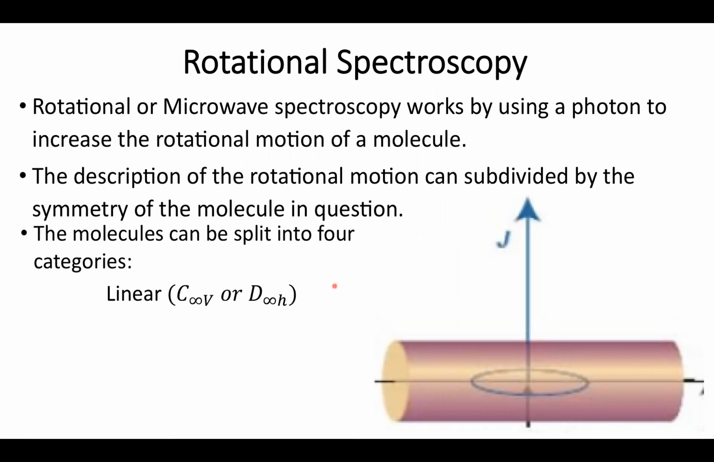The first of which is linear spectroscopy or linear molecules. So these are going to be molecules that have C infinity axes. When I have an infinity axis, it usually means that all the molecules are going to be strung along 1 degree of motion. And as a consequence,